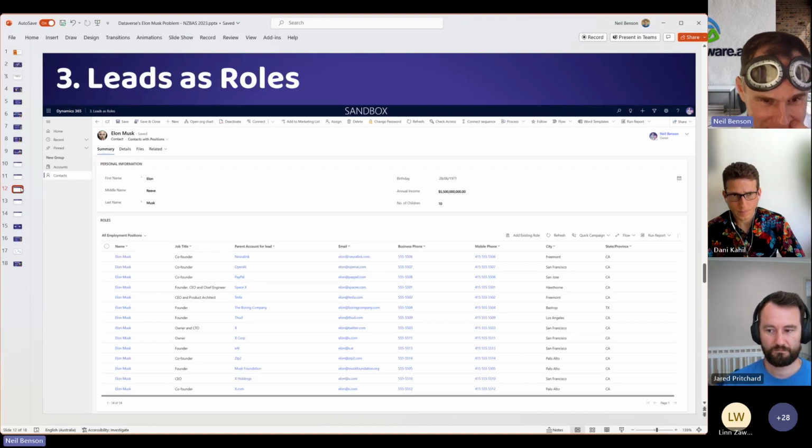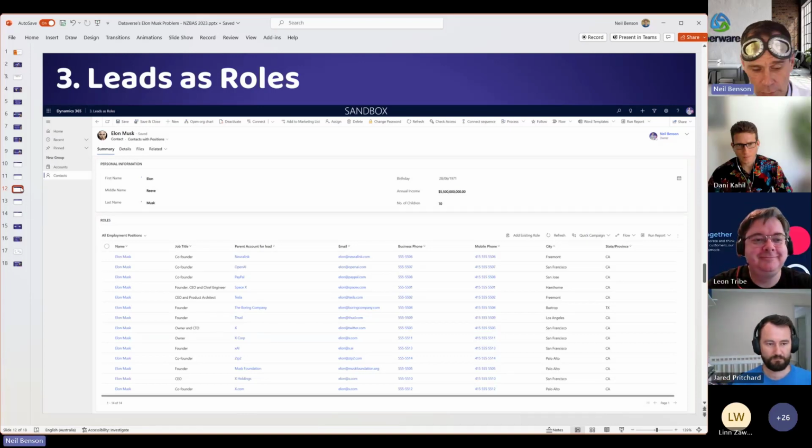we just missed Leon. Leon, I don't know if you're still on the call, but Leon and I were chatting about this. He reckons that the progenitor for the lead table goes back to Sales Logics, where Intuit, whoever owned Sales Logics at the time, it was called Sales Logics. Interact Commerce. Interact Commerce. Thank you, Leon.